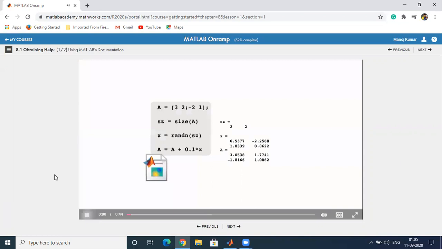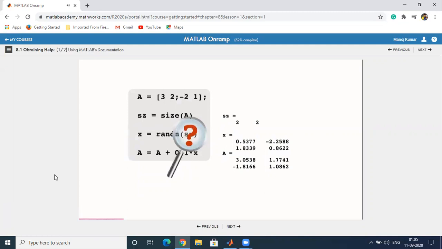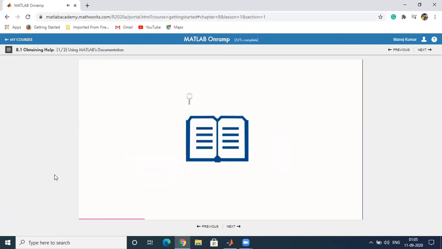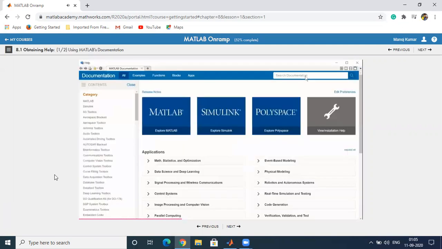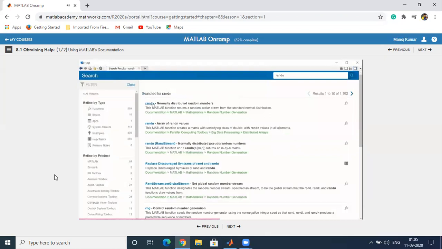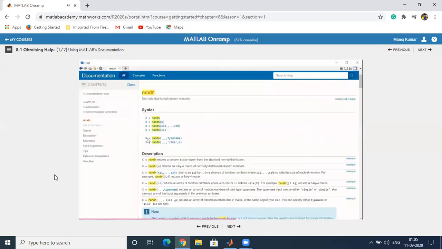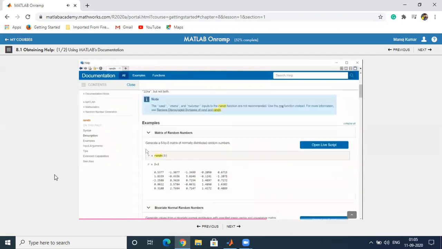Suppose you're reading a friend or colleague's code and you encounter a function you haven't used before. When you want to learn more about MATLAB functions or capabilities, you can use the MATLAB documentation. You can access the documentation by clicking the Help button. Within the Help browser, you can browse or search for content. All MATLAB functions have a supporting documentation page. These pages include supported calling syntaxes, a description of those syntaxes, and examples.